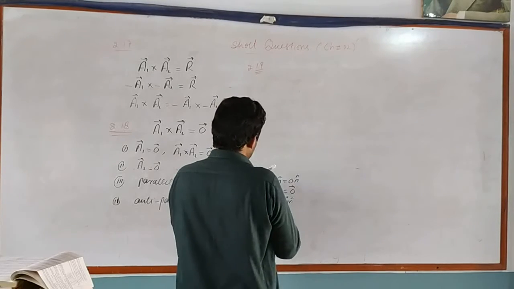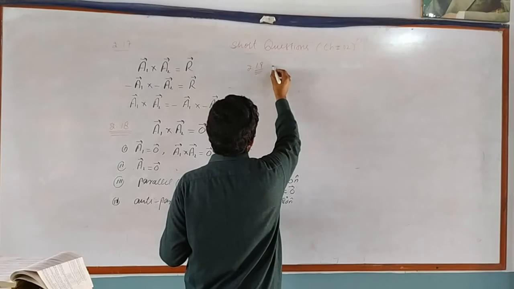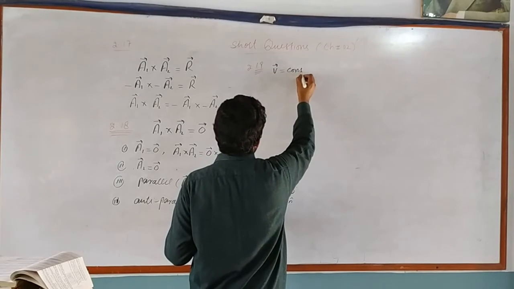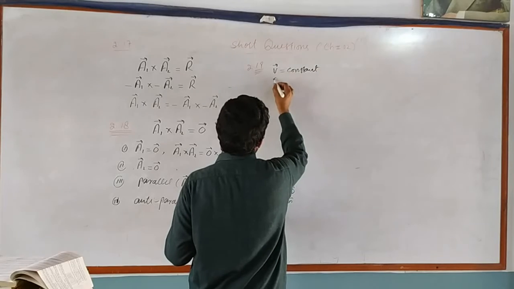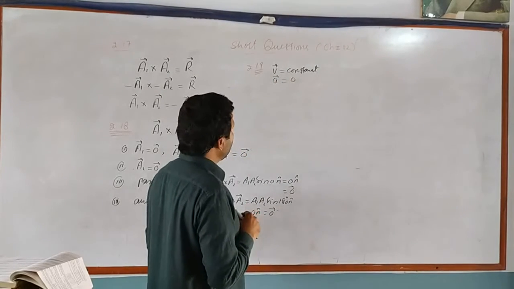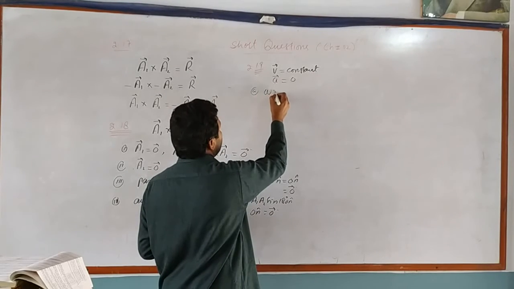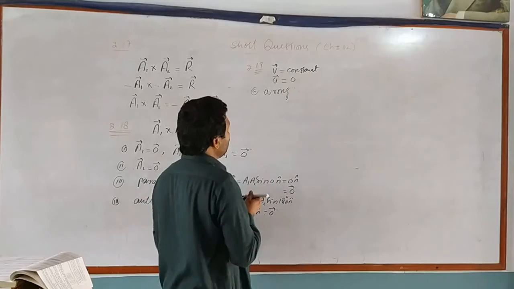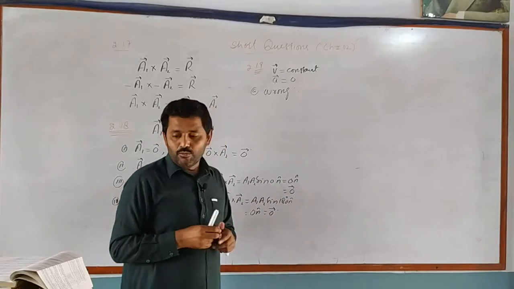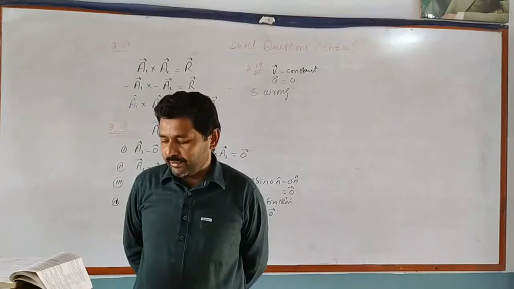when a body is moving with constant velocity, an object moves with constant velocity means with zero acceleration, it will be in the state of equilibrium. So, this statement A is wrong because the object is moving. When an object is moving with constant velocity, that object will also be in the state of equilibrium.